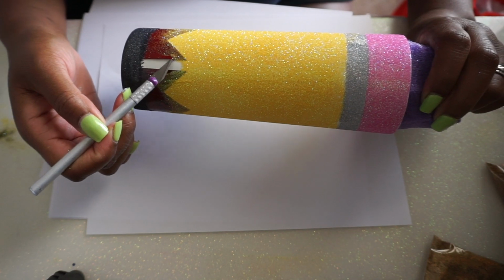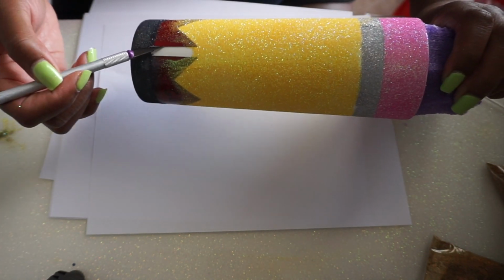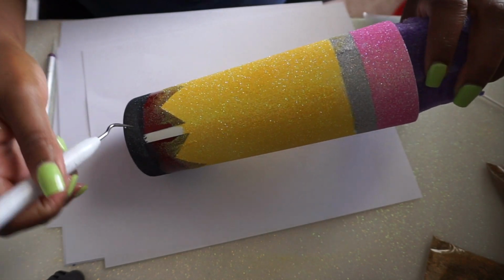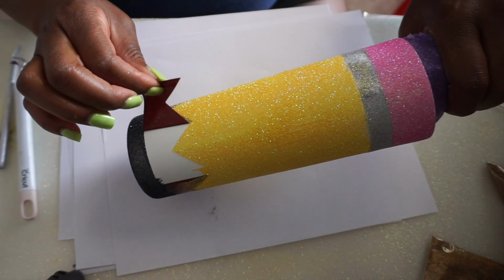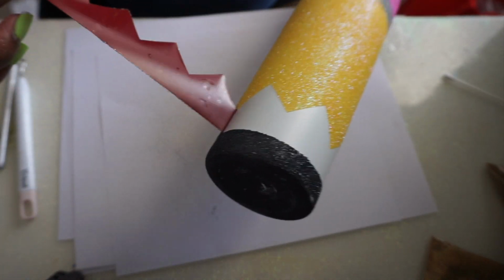And in order to get that part off, since I kind of glued it from the bottom and glued it from the top, I'm just using an X-Acto knife to flip up the edge, and I'm going to use my weeding tool, so I can just use the hook and grab it and pull it off. And I was able to maintain those nice sharp edges,